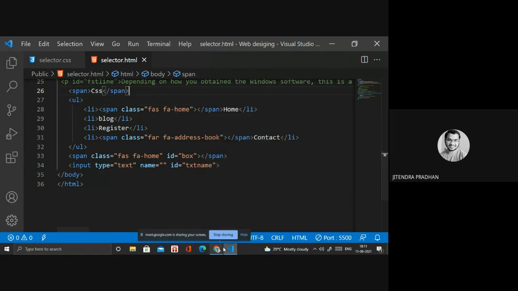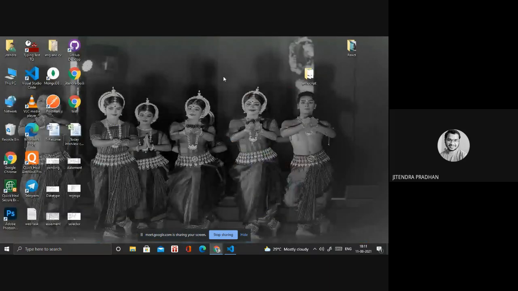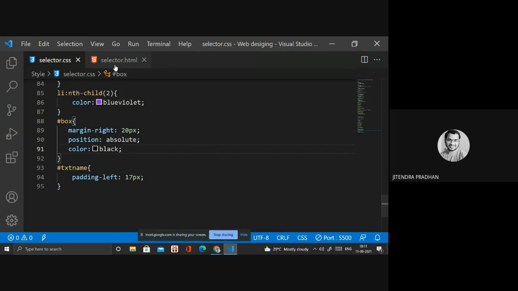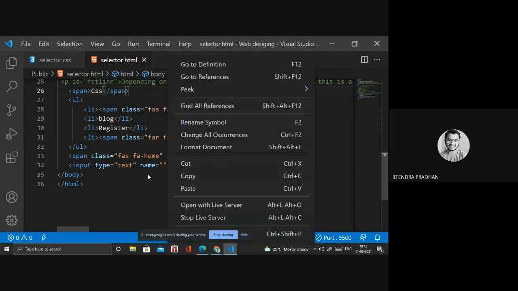It's not opening. Yeah, it's opening now. Wait.